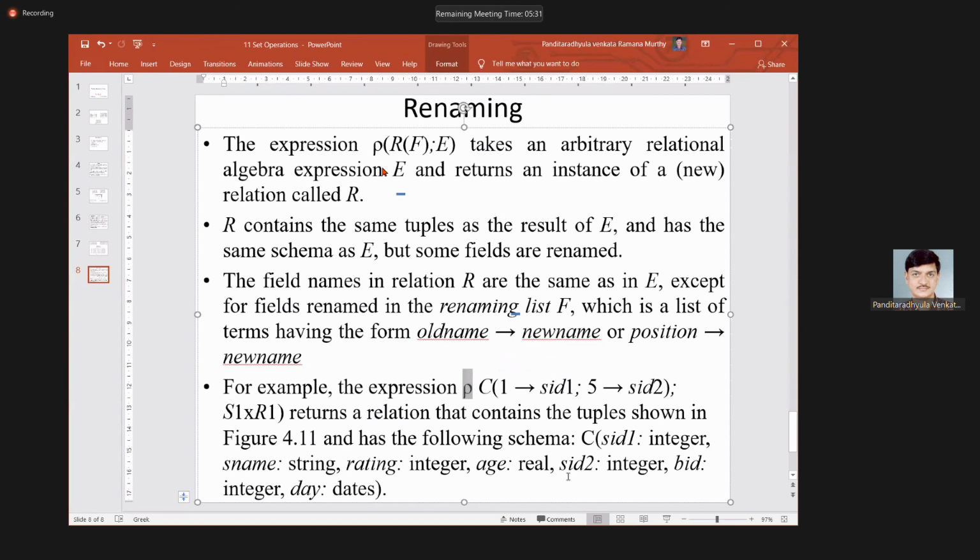On the left-hand side of the arrow we write the old name and on the right-hand side the new name. If you are renaming more than one column, we use the comma operator, not a semicolon. So the old value can be renamed with this rename operator.